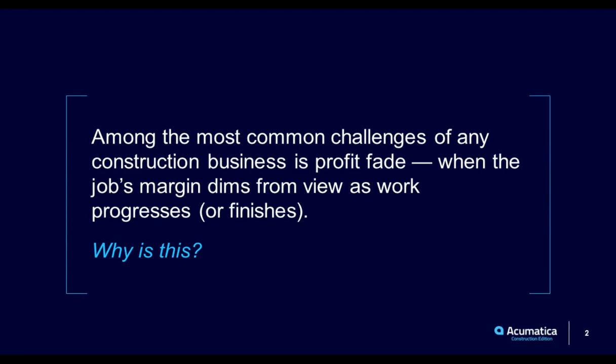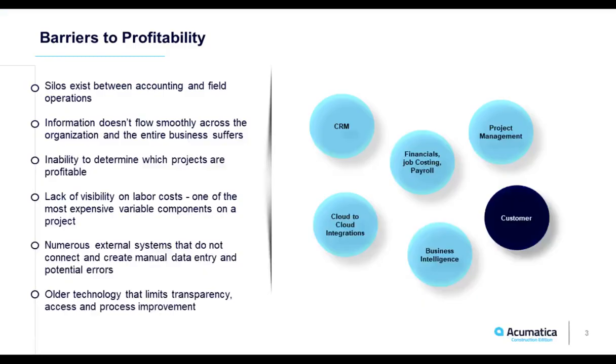One of the most common challenges of any construction business is profit fade. When that job's margin dims from view as work progresses or even finishes. And why is this? What makes this happen in all of these projects that contractors are dealing with? One of the issues there is barriers to profitability. And I'm going to list what those barriers look like here in just a second, but you'll notice over to